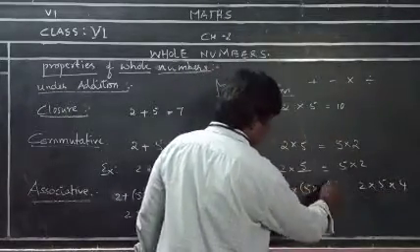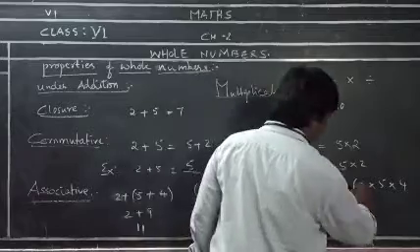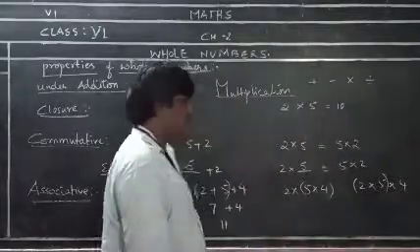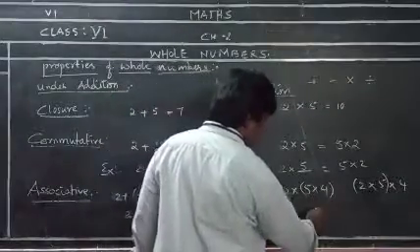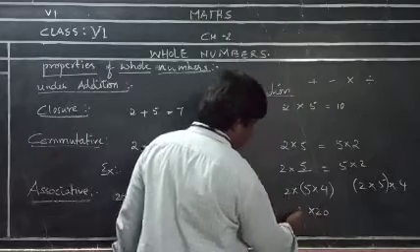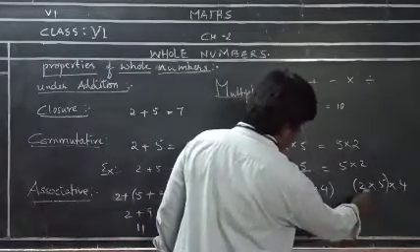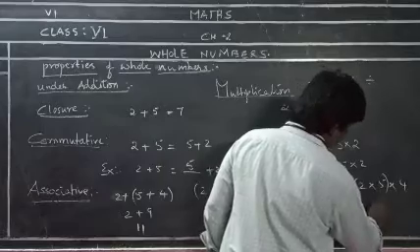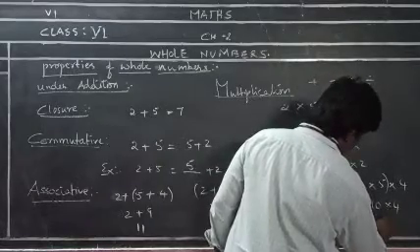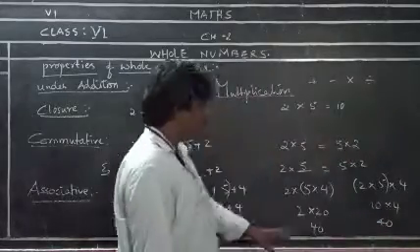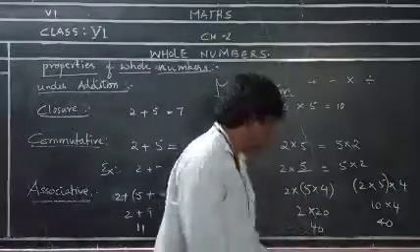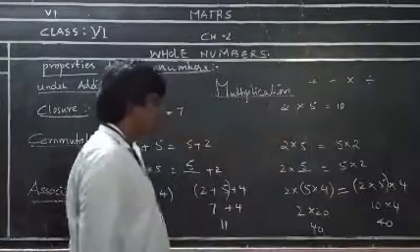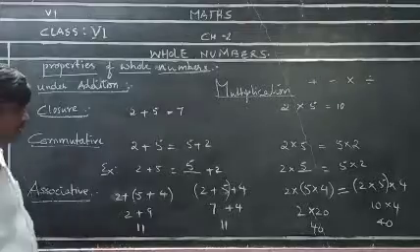Here first I make 5 and 4 one group. Here I will make 2 and 5 one group. So what is this product? 20 as a product. 2 into 20, so 40. Here what is this product? 2 into 5, 10 into 4. So 10 into 4 is 40. So has the result changed? No. The result is not changing. So that means by